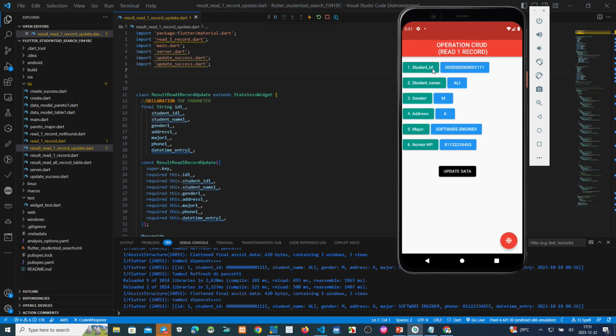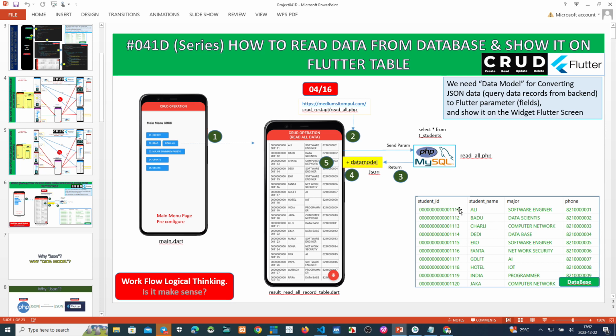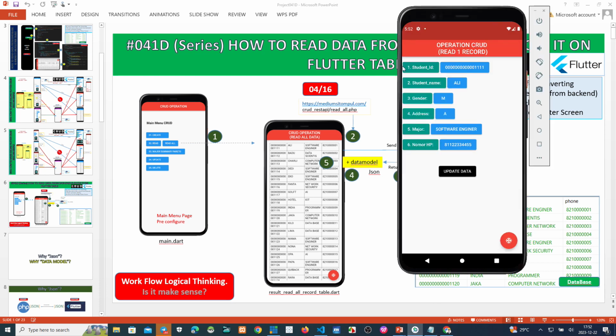Okay, the student ID 012 and then 1 4 1 2 3 4. Okay, this one is the database. If we type here the student ID, we can see the student name, major, and phone. This is the previous project. With the same database, we use this database. Okay, we put this one,